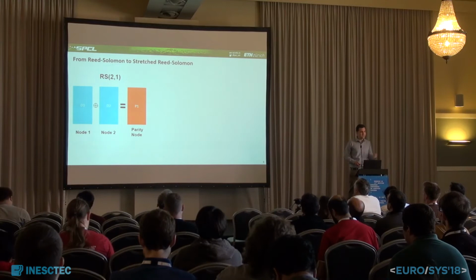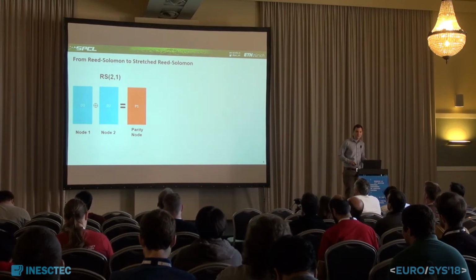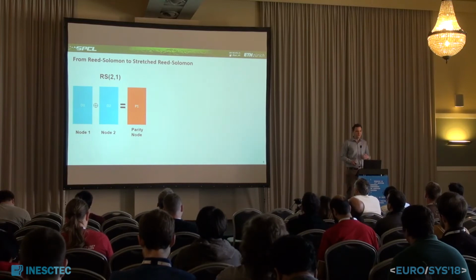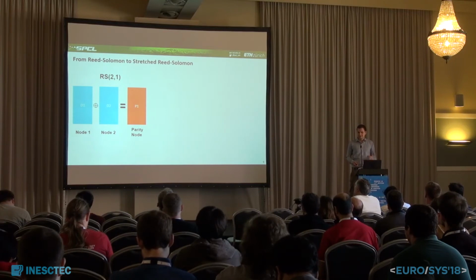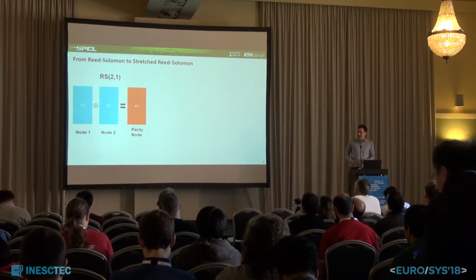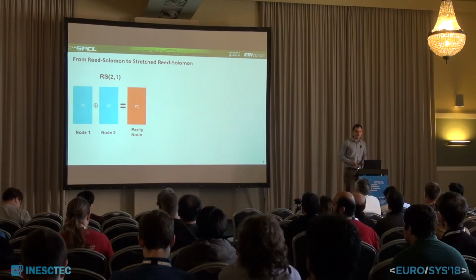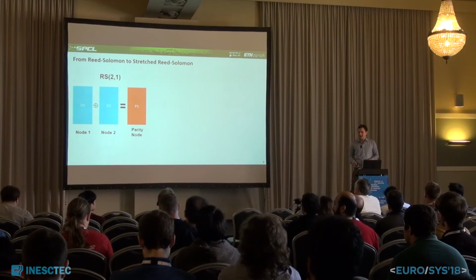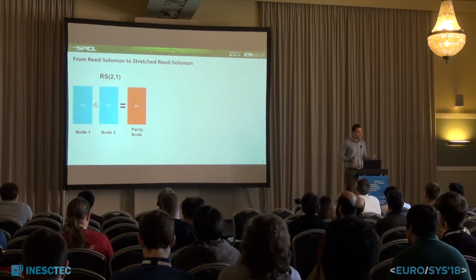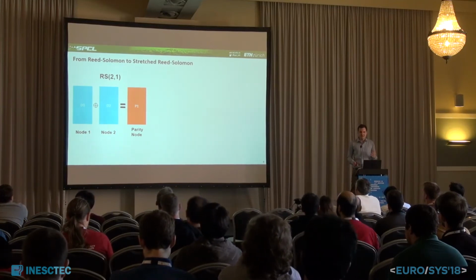So here we can see Reed-Solomon 2,1. We have 2 data nodes and one parity node, and the data on the parity node is equal to XORing the data on node 1 and node 2. In other words, D1 plus D2 is equal to P1. Here we have 2 data nodes, the 2 primary nodes which can be accessed, so we have only 2 key shards. And if we'd like to have 3 key shards, as in the previous example,